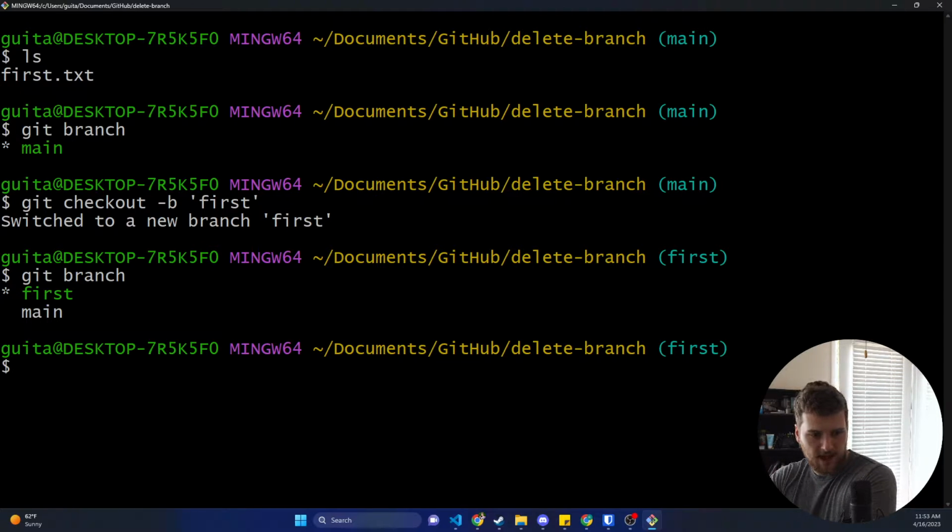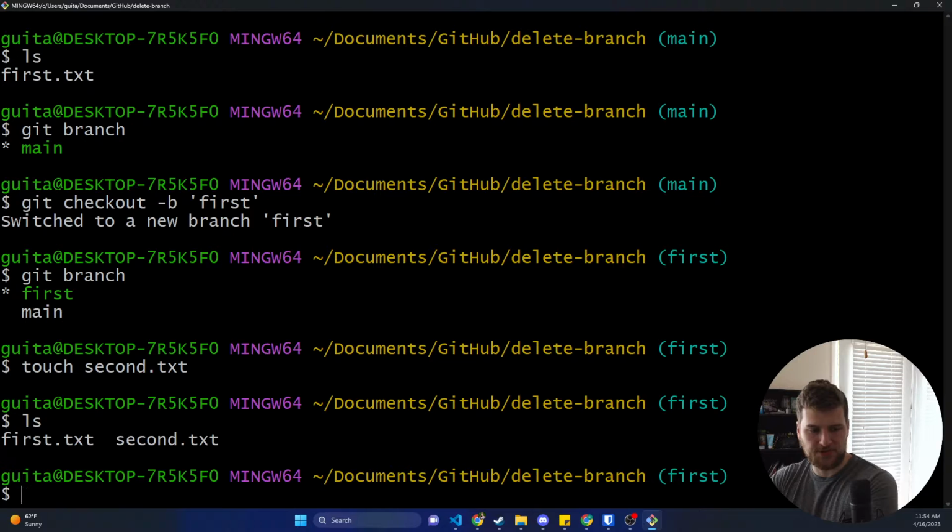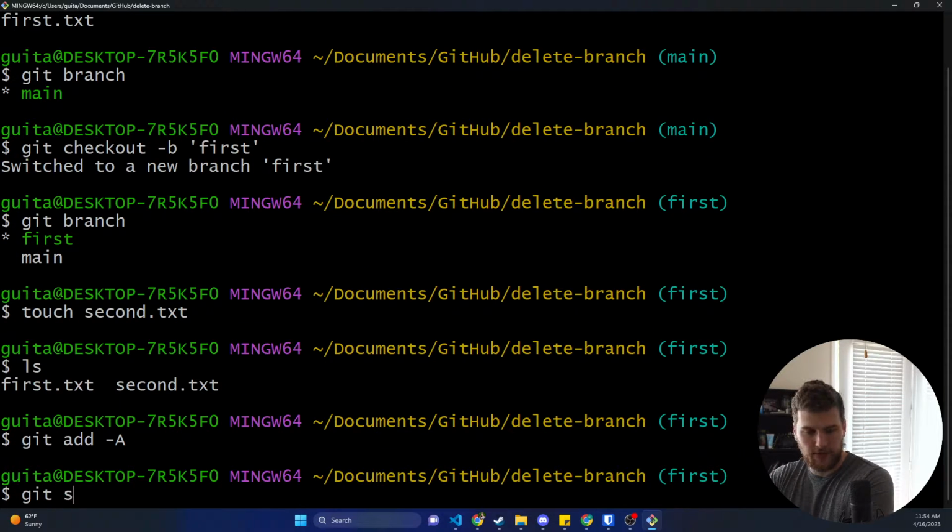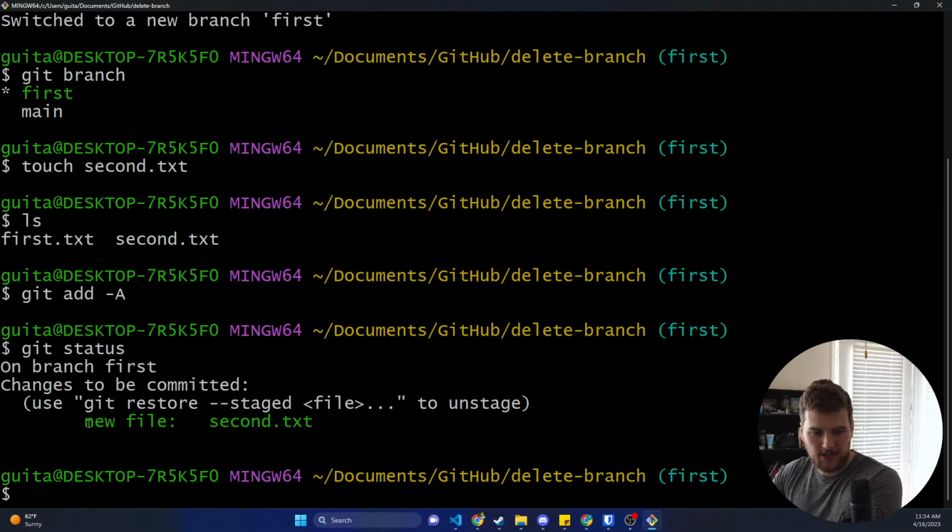So let's go ahead and add a file here and commit that and then push that to GitHub or remote, just so we have some changes, or we have a branch in our remote directory. So let's touch a file called second.txt. And then if we do ls, we'll see that we have a file called first and second. Now let's git add -a to add that. Now if we do git status, we see that we've got second.txt staged. So now we need to commit that. So we'll say git commit -m, and then we'll just say added